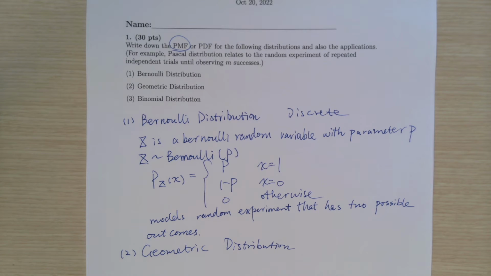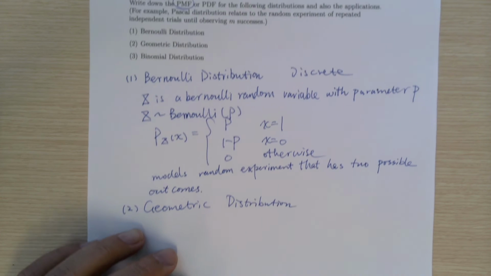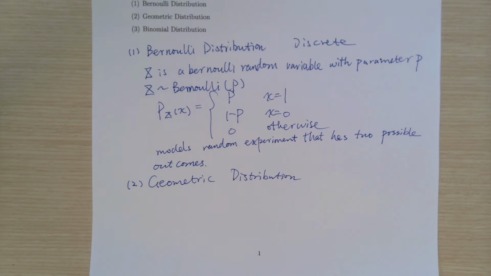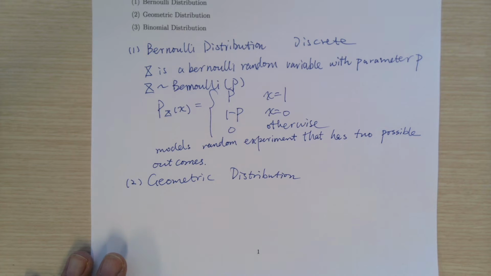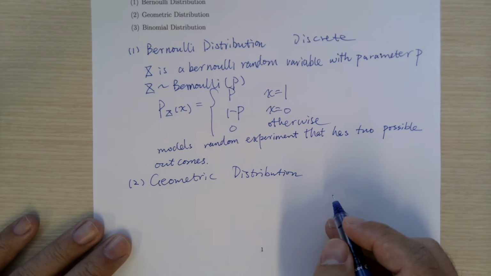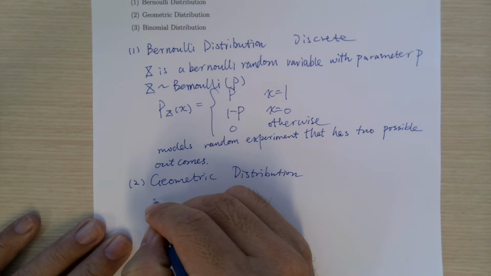If we stick with the example of tossing a coin, we want to know the number of coin tosses until I observe the first head. Observe the first head. So you can think of the geometric distribution as an experiment